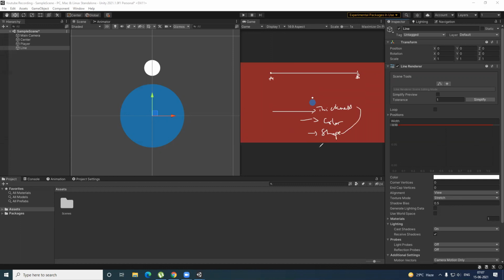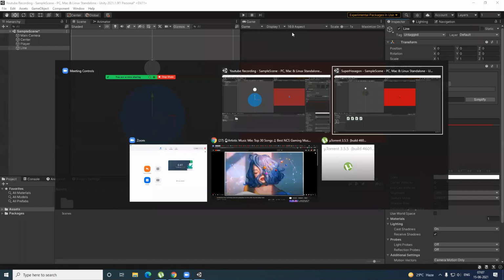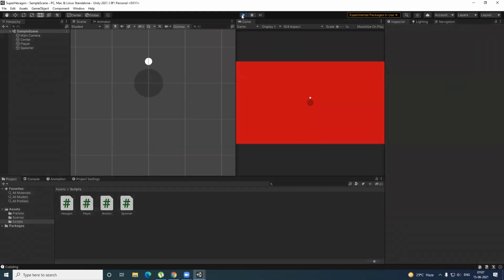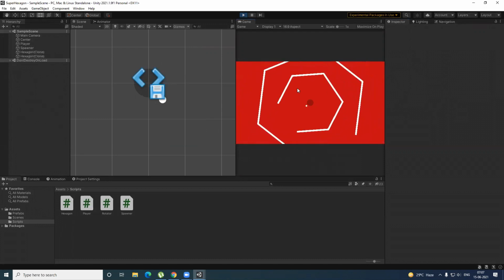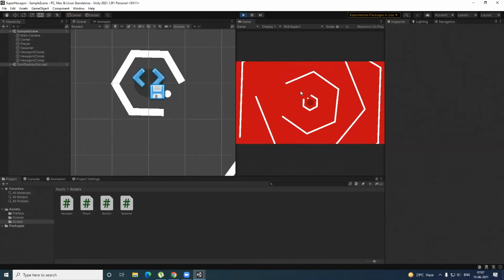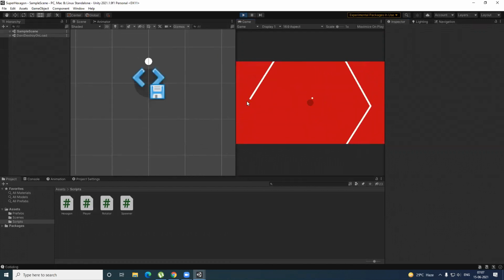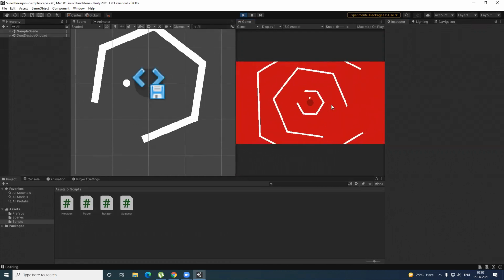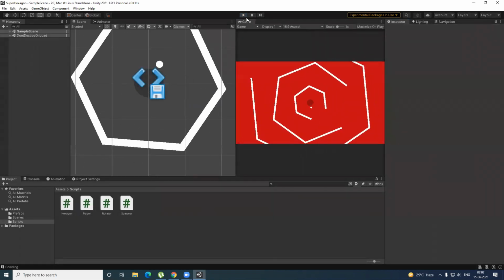Like you saw the hexagon in the original game. If I play the original game once again for reference, you can see these hexagons that are getting spawned again and again. These are all nothing but line renderers. As you can see, there are 2 points A and B, and multiple points in between to change the shape. This is how it's working.